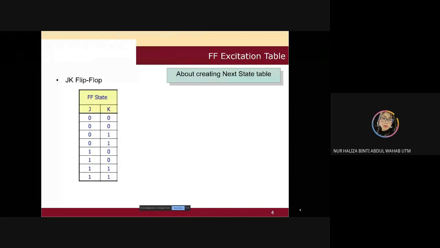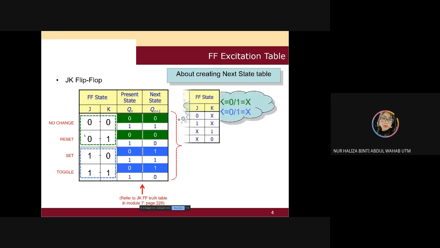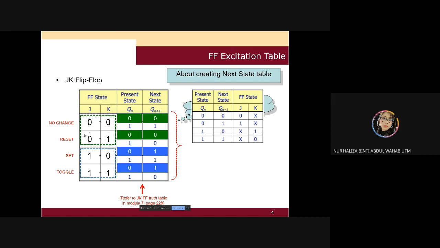The things that I showed you from the beginning, if you have the JK 00, what happened. Similar also, but now you have only one input. It is slightly smaller. You're going to have 4 tables only with the condition of present and next state, and you come out with the table like this. So now you're going to have for D and T, one side only,